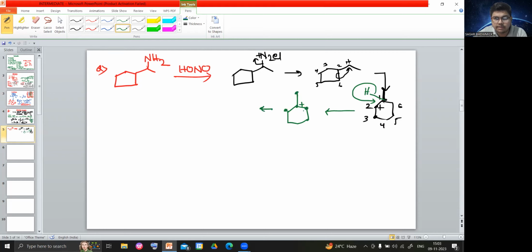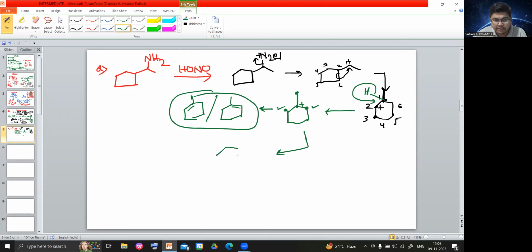You will find that from the right side or left side carbon you will get a more stable alkene like this, or both are the same like this. But alternatively, if you do not get these in option, then you can get this also in option. This is the more accurate, more perfect answer, but if these are not